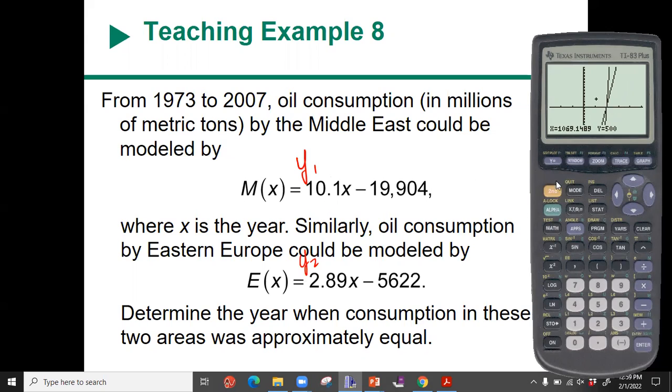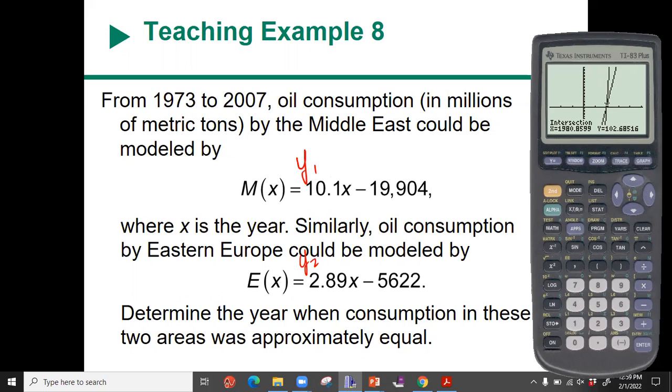Yesterday we talked about the steps. So you're going to press second, trace. You're going to go to intersect. And then you're going to hit enter 5 times. It's going to ask, you want this first curve? Yes. You want this second curve? Yes. You really want me to find the answer? Yes. And then bam, it's going to tell me the value. So roughly 1980.9,